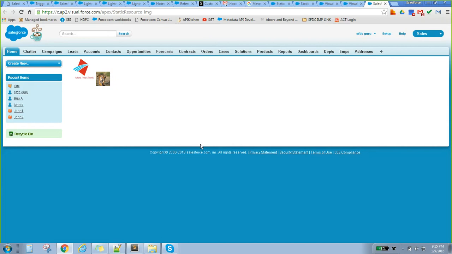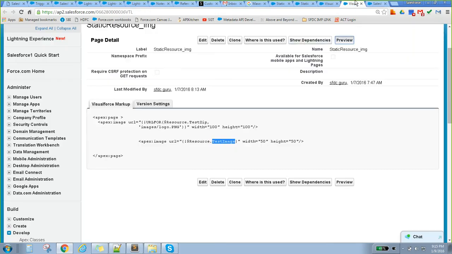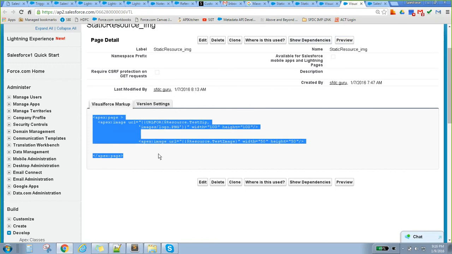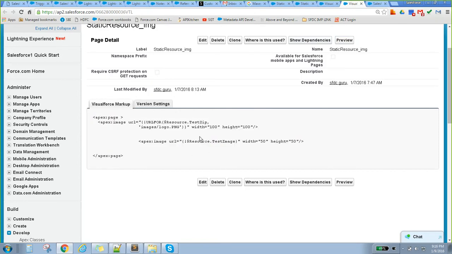Let's say you want to show some images or some logo, then you have to use a lot of style sheets to make the alignment. Clear? Any doubt? No. Okay, so this is how we can add the images and logos to the page. Clear?